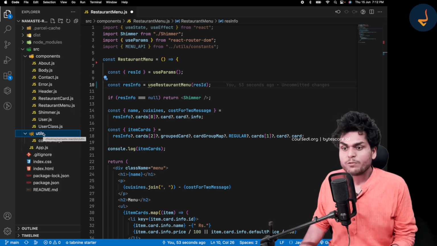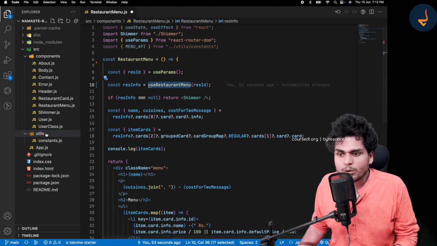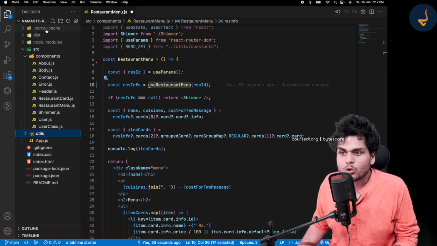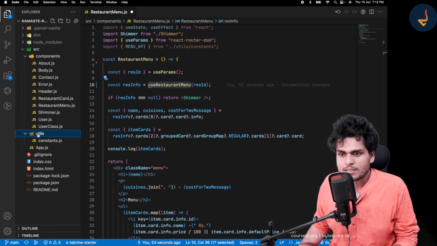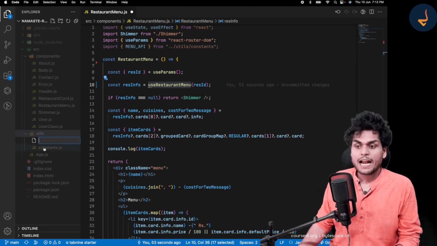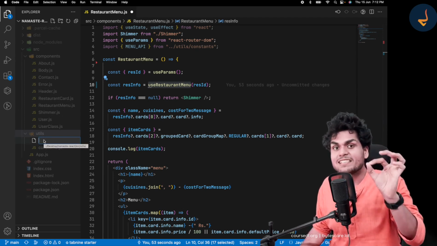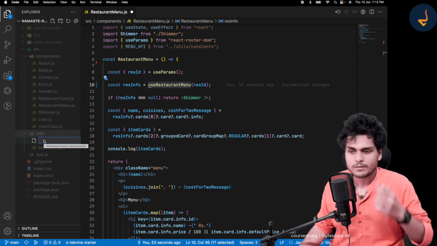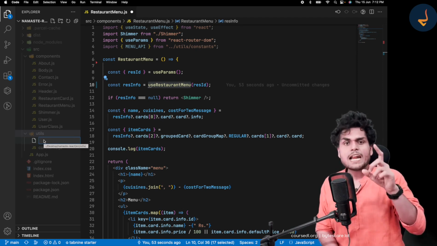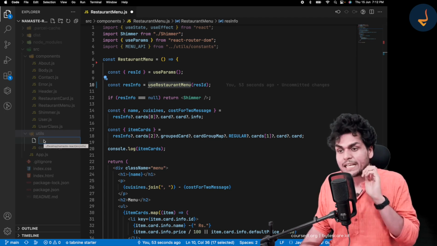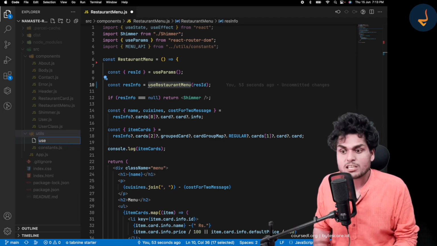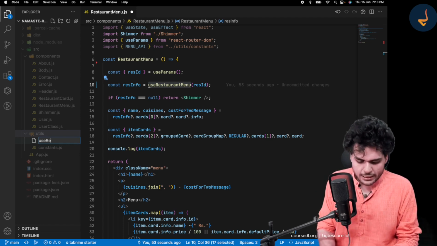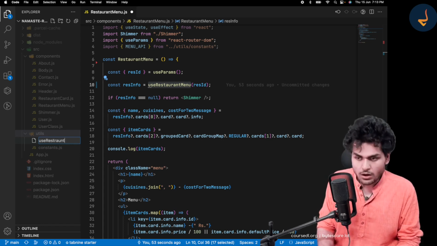So if I have to create this hook, I will create a new file for it in my utils, and I will name the file exactly the same as that hook. And let me also tell you, whenever you are creating a hook, always start with the word use, with a small case, use, and then restaurant menu.